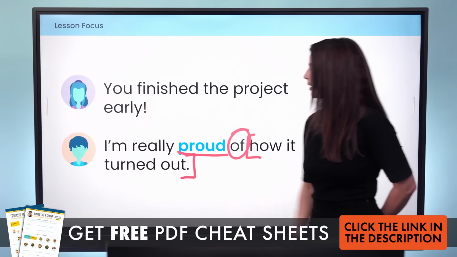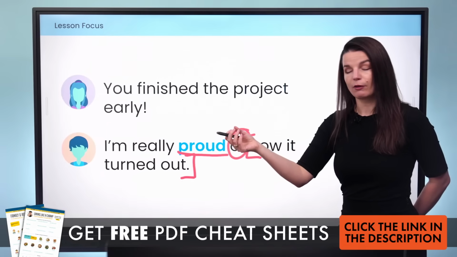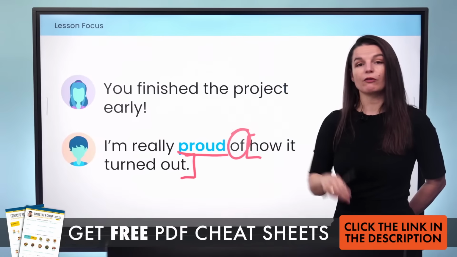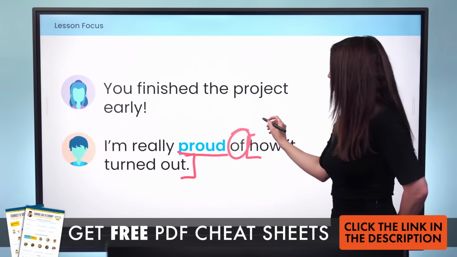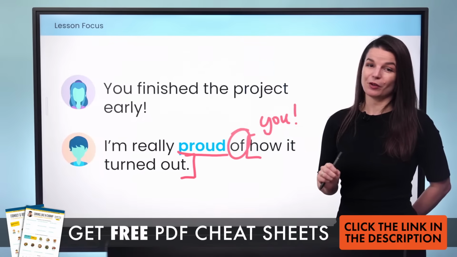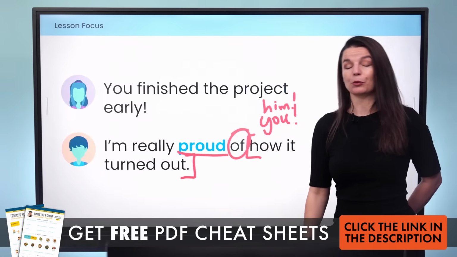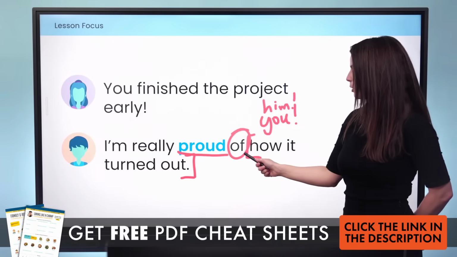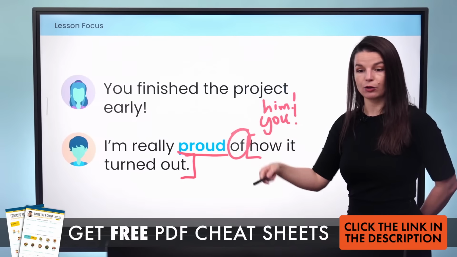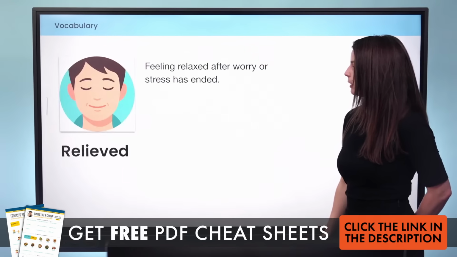Let's take this as kind of our unit. We can put the reason, of course, for our proud feelings here. We can also put the person we feel proud of in this position. For example, I'm really proud of you. You got the job. I'm really proud of you. Or my family member got the job. I'm really proud of him, or I'm really proud of her. Please note we use the preposition of here to describe that feeling of pride, or to describe feeling proud, okay? Let's continue because I am late.